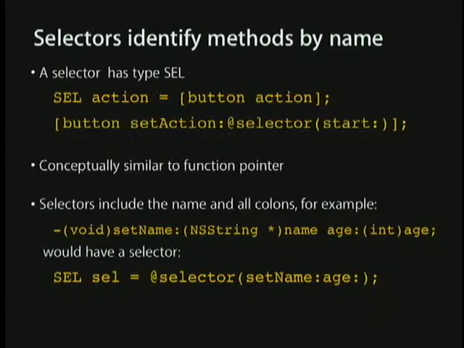The way that you would specify that as a constant in code is you just write @selector and then, in parentheses, the name of the selector. It's literally the method signature that you were seeing before. So if it took 2 arguments, it would be myMethod: myArgument:, but this one actually just takes 1. You can also assign that selector directly to a SEL variable on the stack. Conceptually similar to a function pointer. Selectors include the name. Right, so that's what I just said.